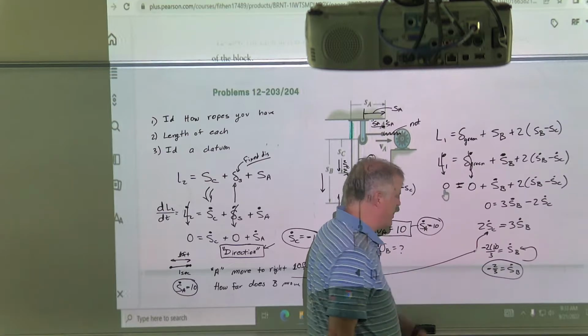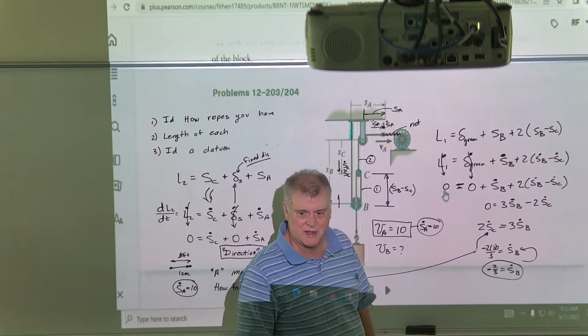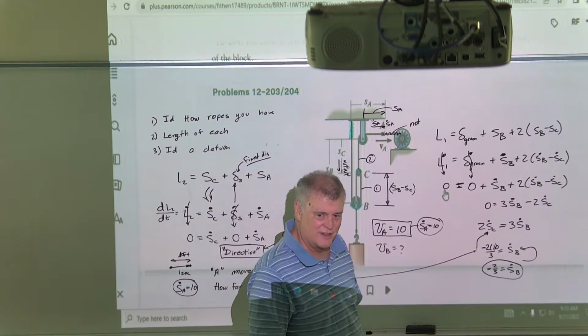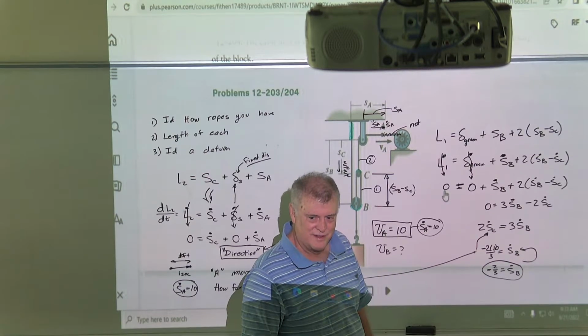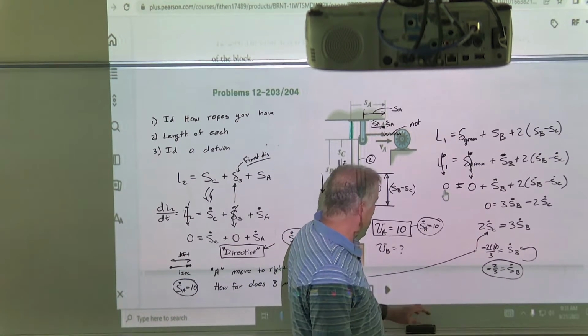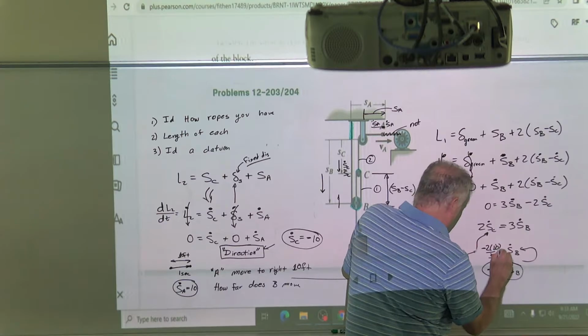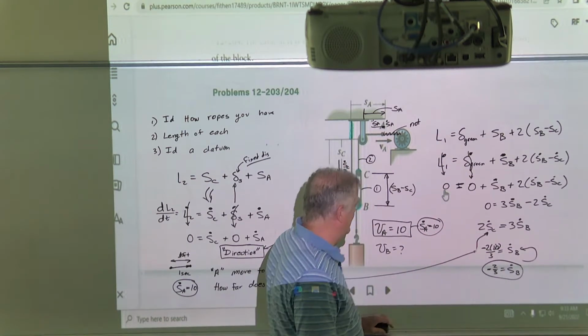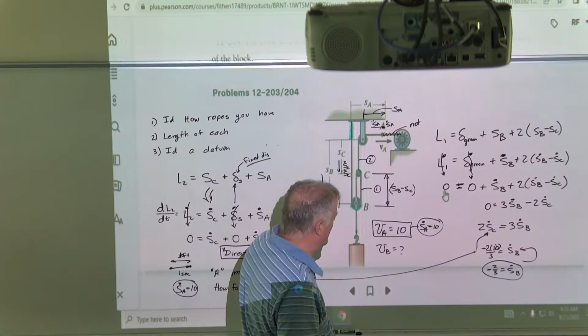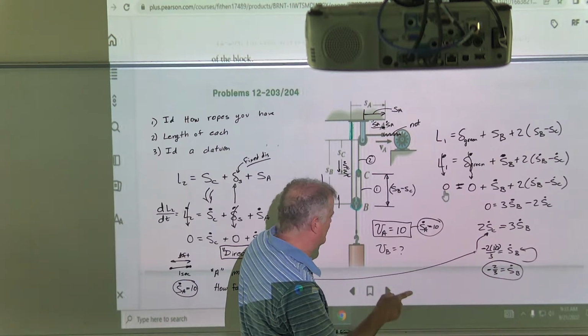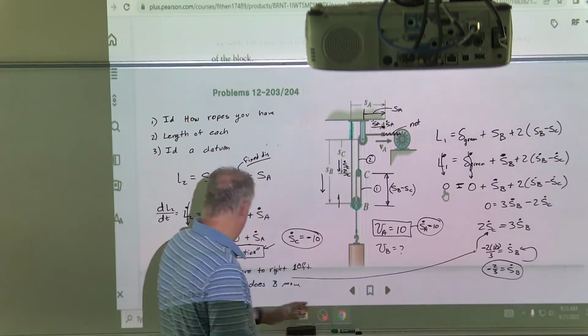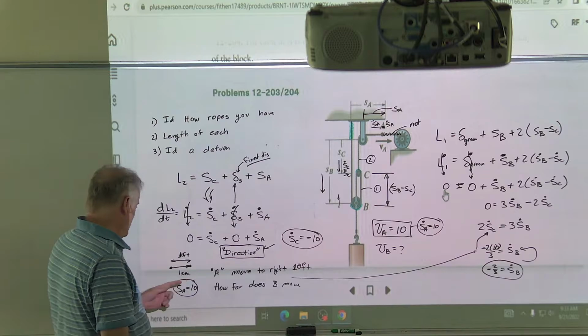Did I copy that over wrong? I think I copied that over wrong, didn't I? In the first part? I think I did. No, I didn't. No, that was right. I multiplied the 2 times the 10 and just wrote it down. That's right. So if it moved 10 feet,